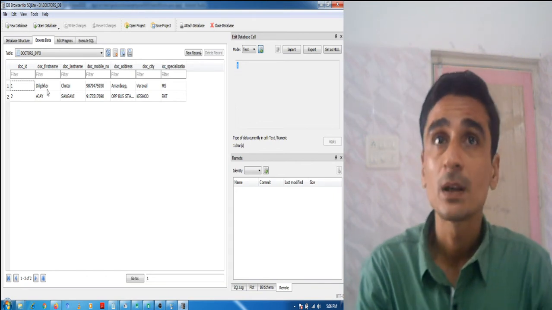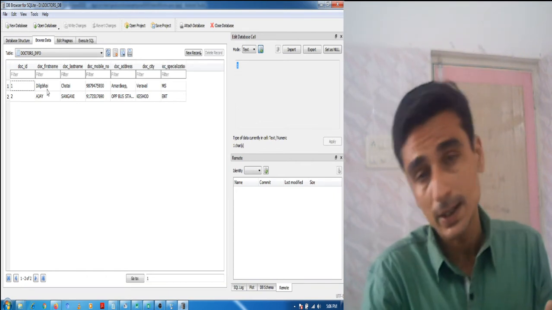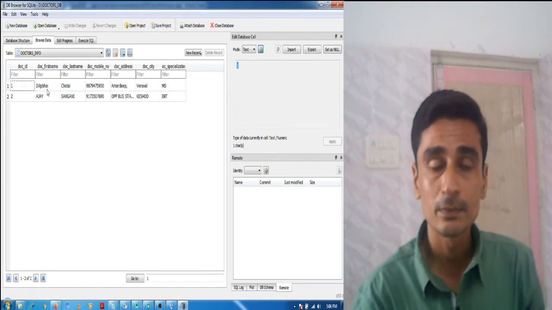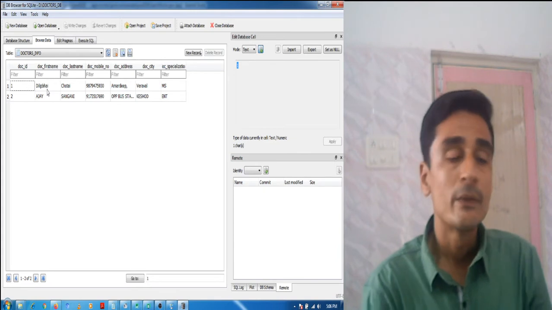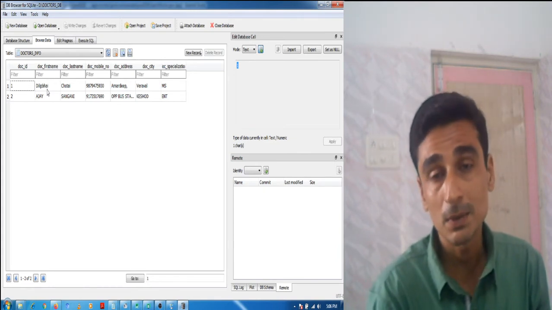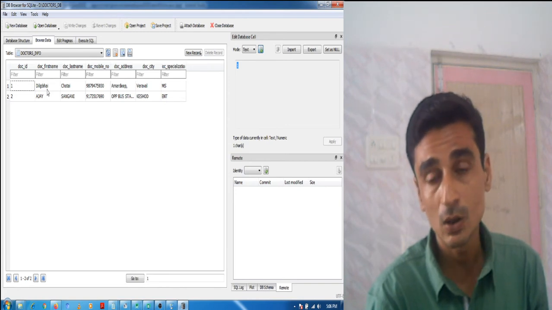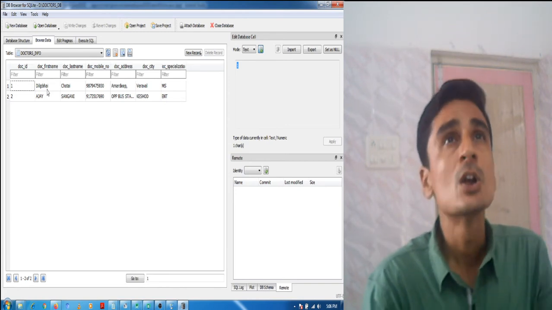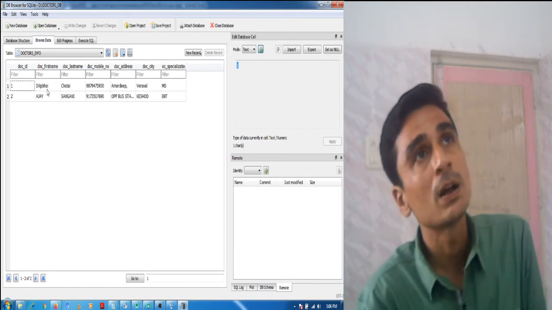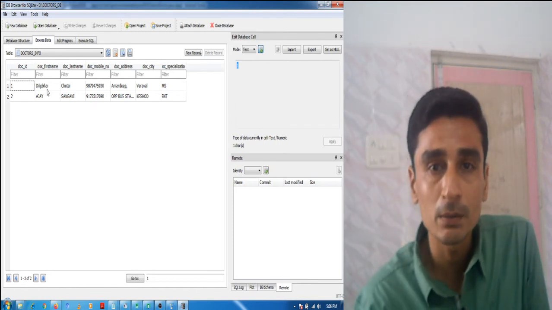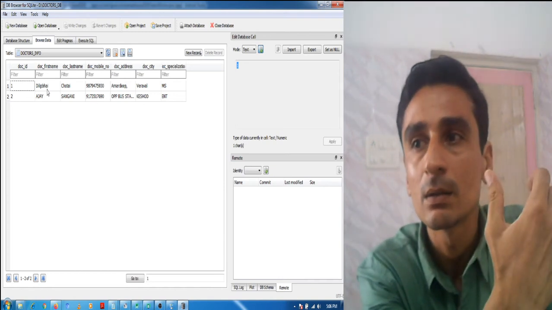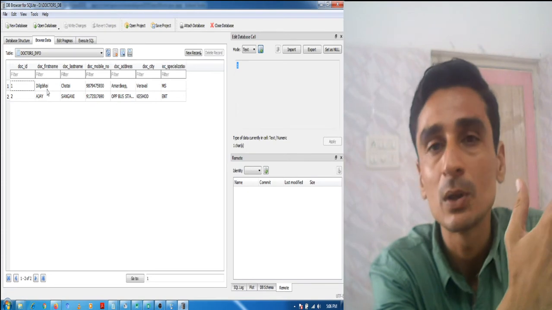In this name D is in proper case, D is capital, the remaining characters are in small letters, whereas in the second record it is Dr. Ajay, but the name Ajay is in capital letters. So it might happen that when we are querying the table, it will exactly match the case as entered by the client. Now if the client enters Dilip Bhai in capital letters, then it will not be able to search.